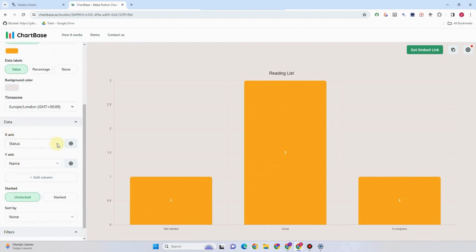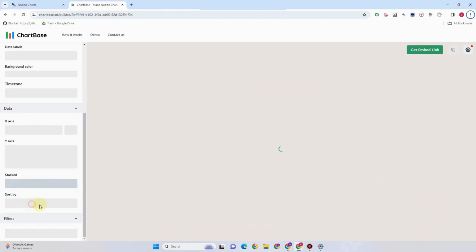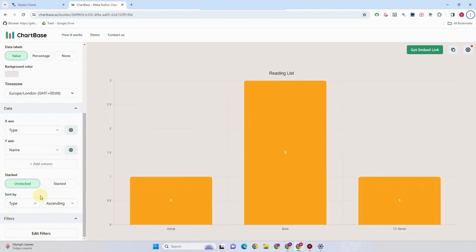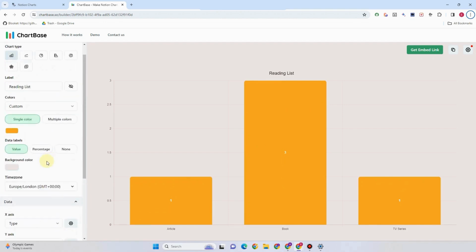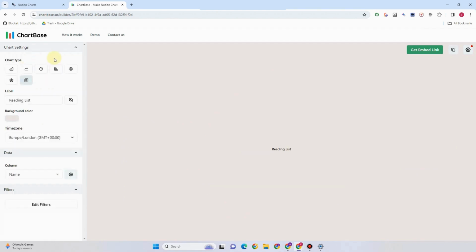Okay, so for the x-axis, you can change this status. So let's just say type, completed, link, author, everything is up to you. For the y-axis also, you can change that one. So you just have to go to the left side and then change or adjust the settings right here. Sort by, you can change this, type ascending. And also for, let's just say, the data labels, you can change this to value, percentage or none. Okay. And also for the chart type, you can change this to the following: pie, line, everything is up to